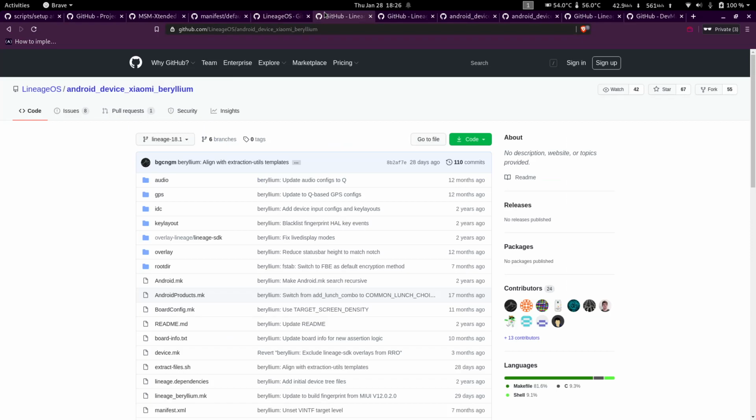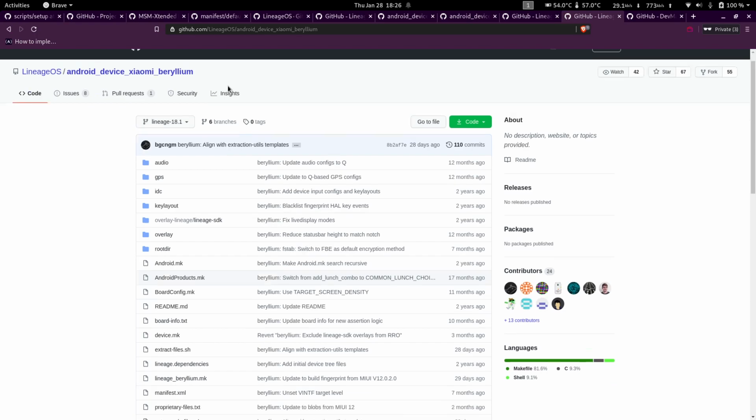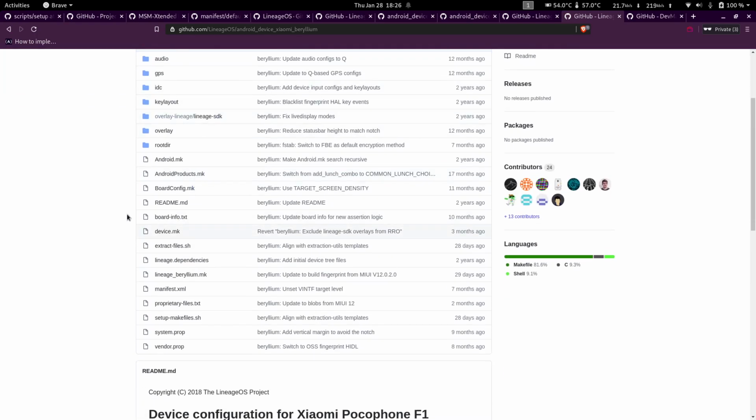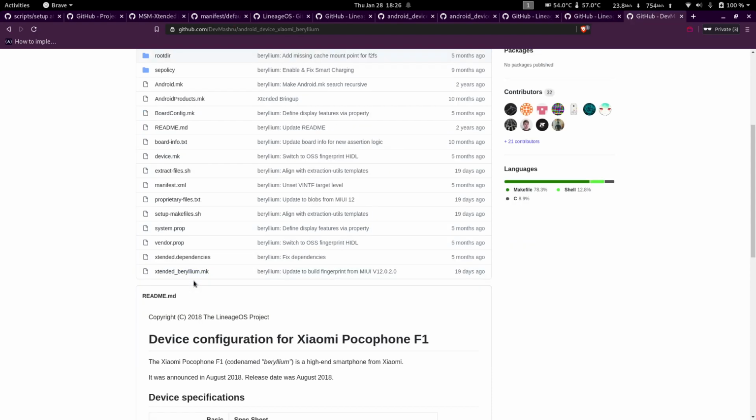Okay, so like I was telling, this is the Lineage OS device tree for my device. So there are multiple differences you might notice. Firstly, there's a file called lineage_beryllium, and if you are building Extended, it would be called extended_beryllium. If you are building something like Pixel Experience, it will be called AOSP_beryllium. If you are building something like Wave OS, it's called Wave_beryllium. So yeah, you'll have to check with the ROM developers as to what it is called, or just look through the other already existing trees.